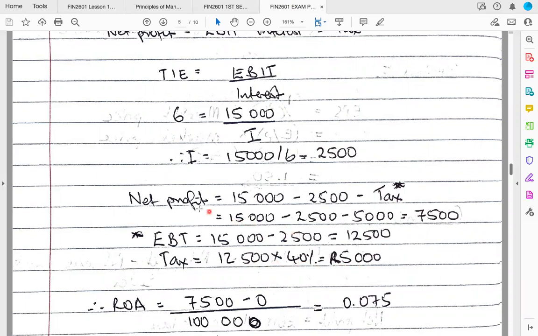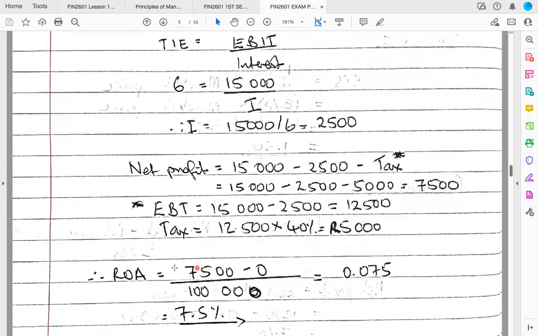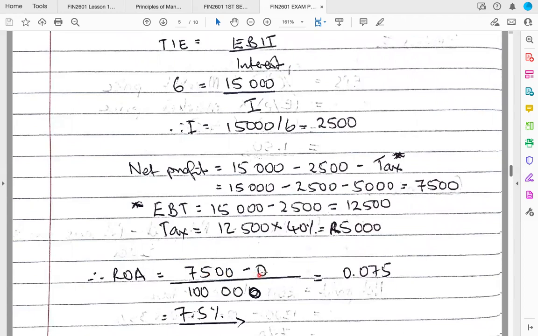So we're going to say our net profit is equal to our EBIT minus the interest expense, right? Minus tax, yes. So it's going to be our EBIT minus interest, minus tax, giving us 7,500. So the calculation here is just the earnings before tax. And then we can take the earnings before tax times the tax rate to get the tax expense. And then we can take our net profit minus the preference share dividends divided by the total assets. Then we can get 7.5%,